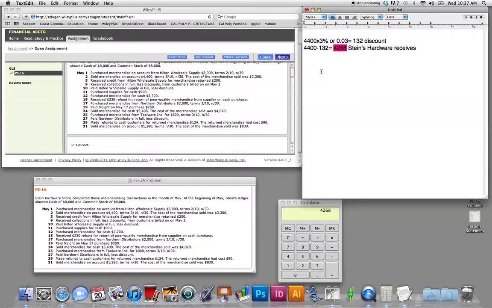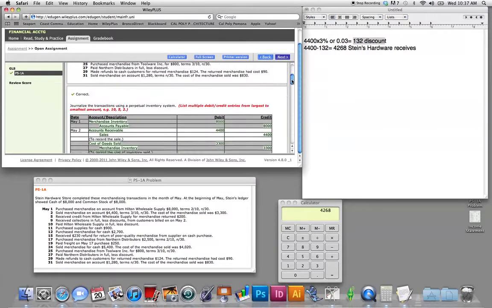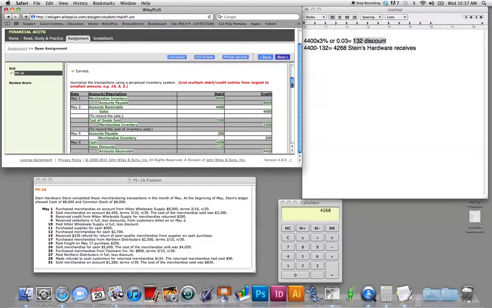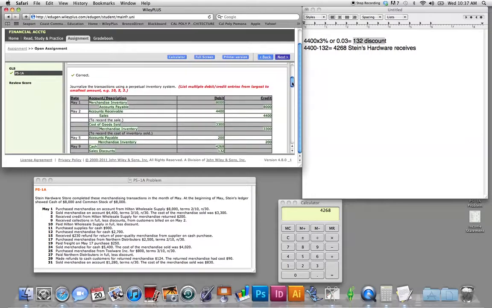And another account that would be debited would be the sales discounts, and the sales discount is $132. So let's go down here, and once you input it, this is our sale. This is how much we're receiving in cash, $4,268, and this is how much they're receiving for their discount. And that all adds up to